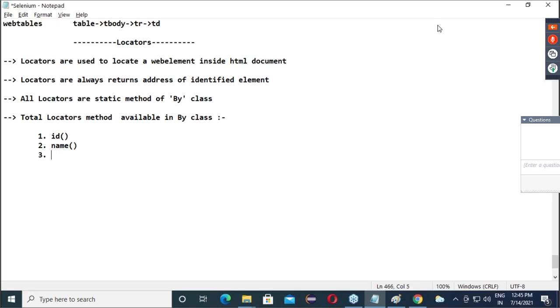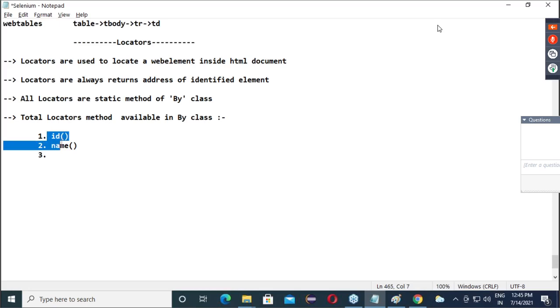Guys, I will not say you have to remember all these locators, because from now we will practice this so many times that you will automatically remember. The concern is that this one question will always be there: explain the locators, or explain the flow of locators, or what is the job of locators. Something like that. So first locator is what?